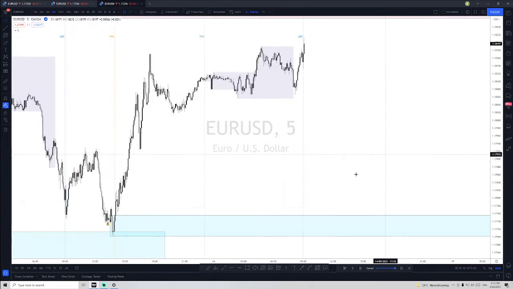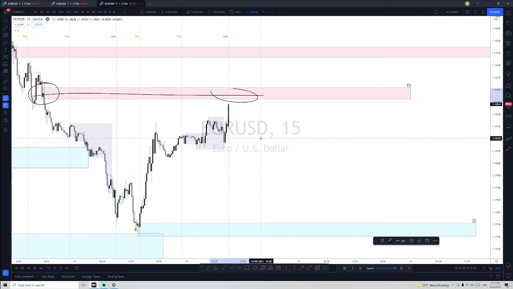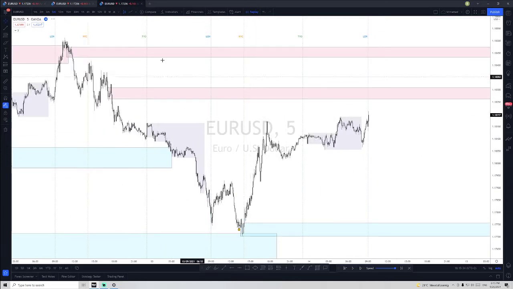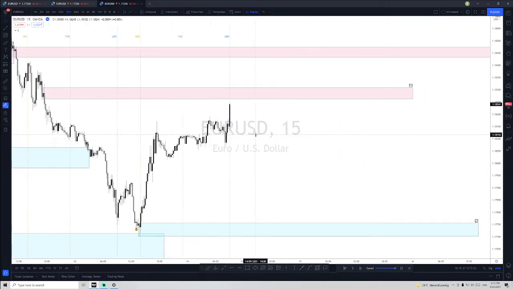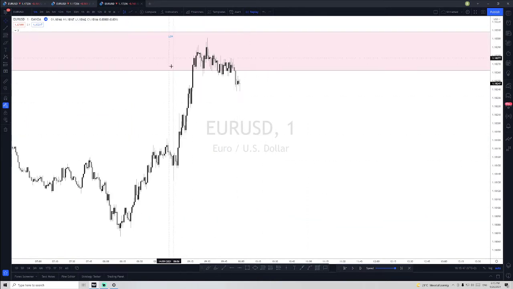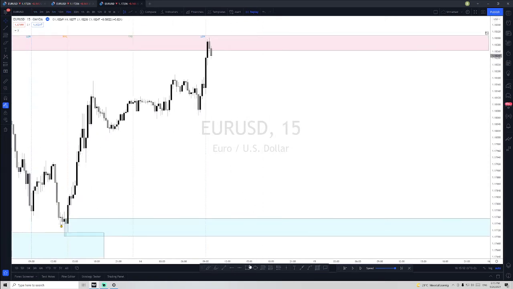Now, what is happening in the current structure? Currently, we are trading to the upside. This is our structure points, and we're moving very close to this point of supply. Then again, we just wait. You can see that it did create a new demand area. Oh no. So let's go back to the 15, highlight that demand area,